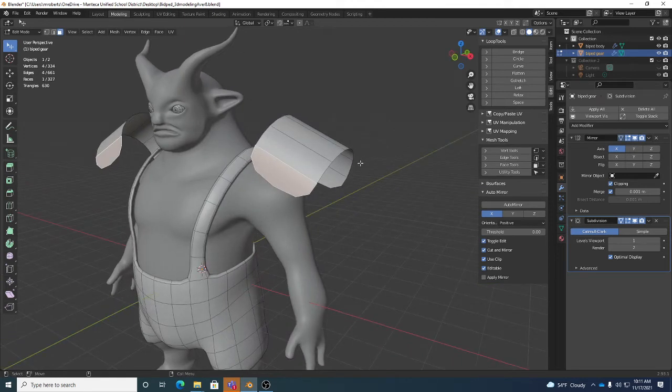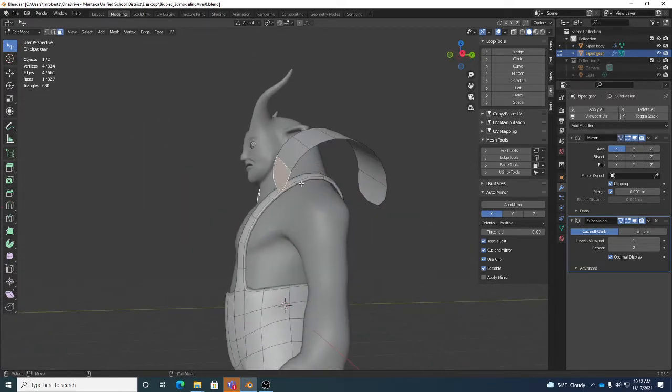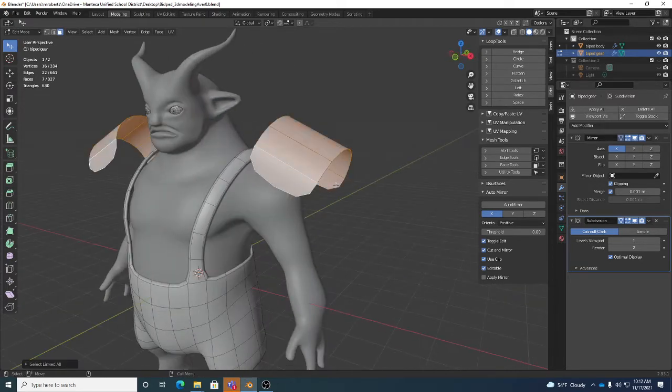So if you want kind of that nice half cylinder shoulder armor, what you do is you start with a half cylinder, right? You actually create a cylinder in the area, delete what you don't want of it. Remember, you could use select linked